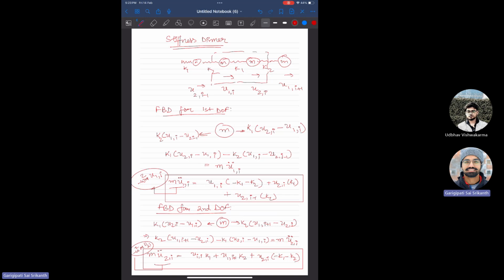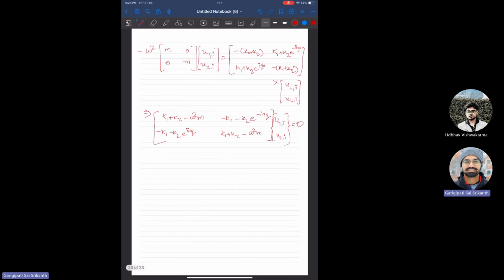These two equations can be written in a combined fashion, here the 2 cross 2 matrices, the linear equation. Then the RHS can be taken to the LHS side, making this 2 cross 2 matrix into this 2 cross 1